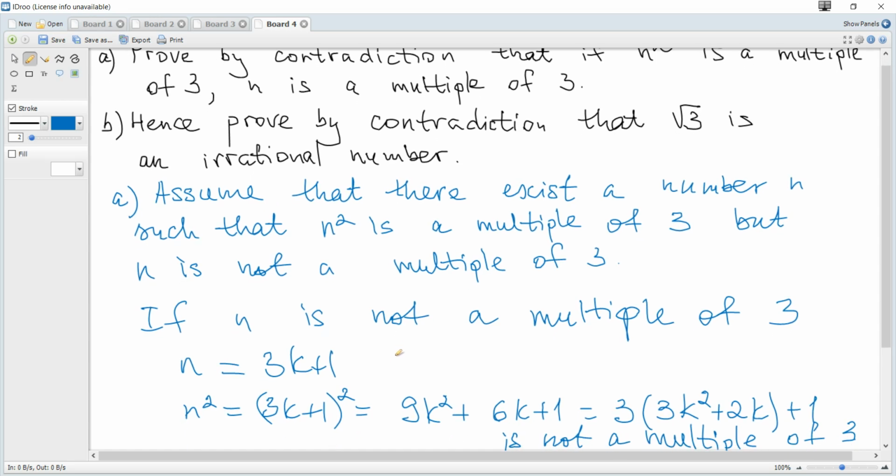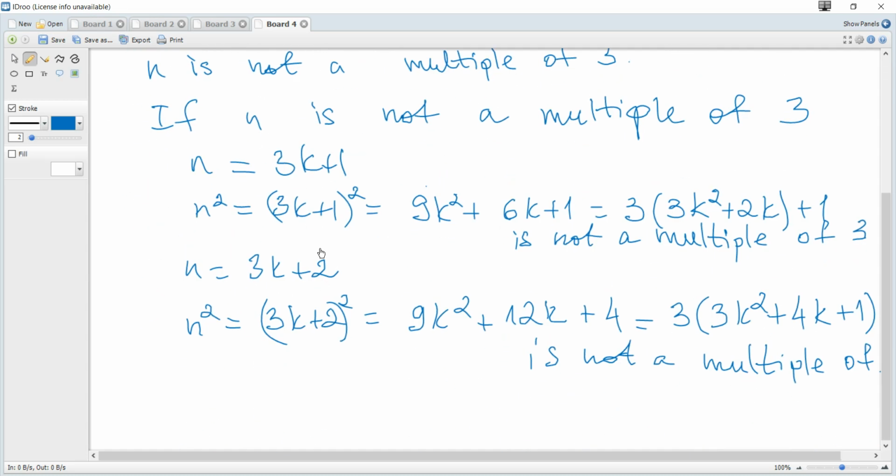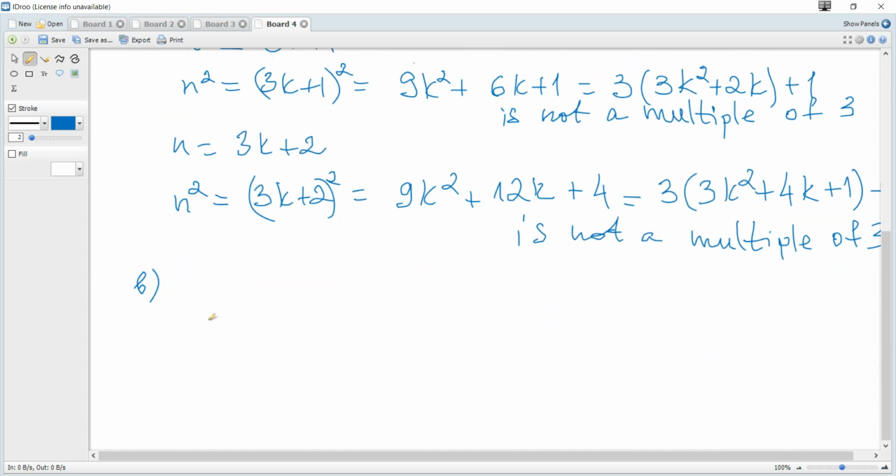Part B. Hence prove by contradiction that square root of 3 is an irrational number. And again, the assumption is that square root of 3 is a rational number,